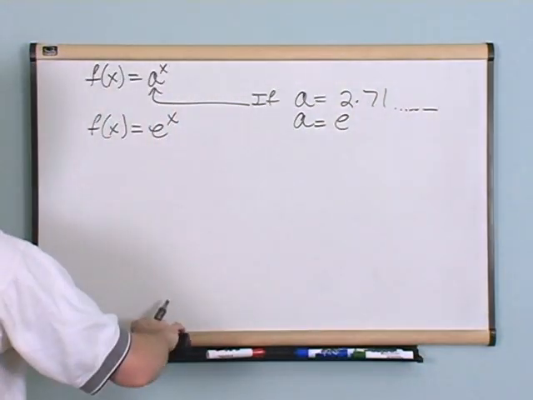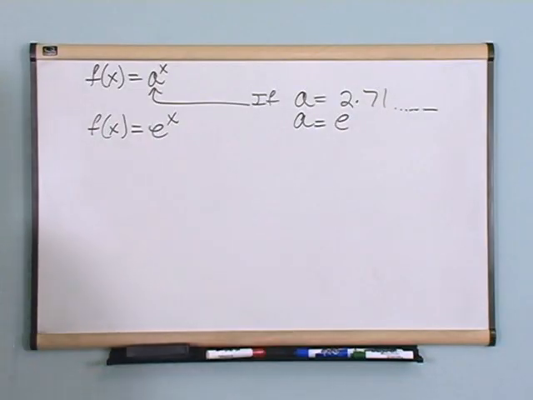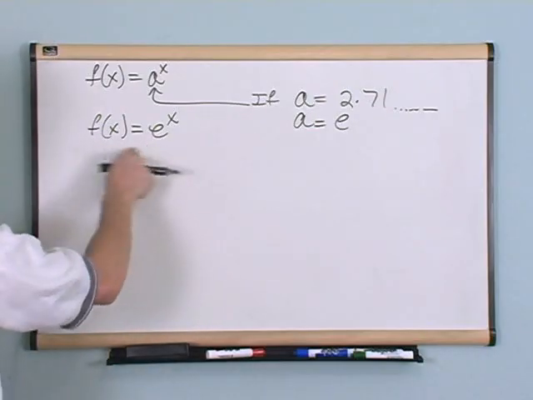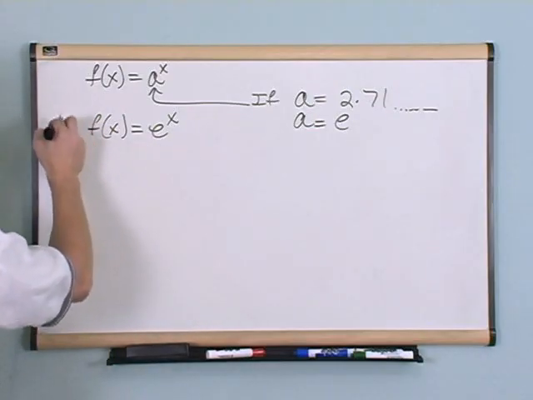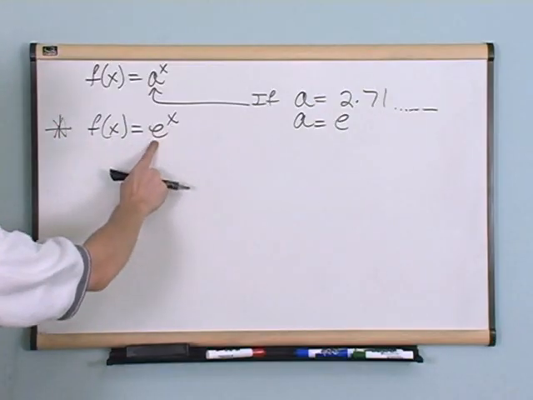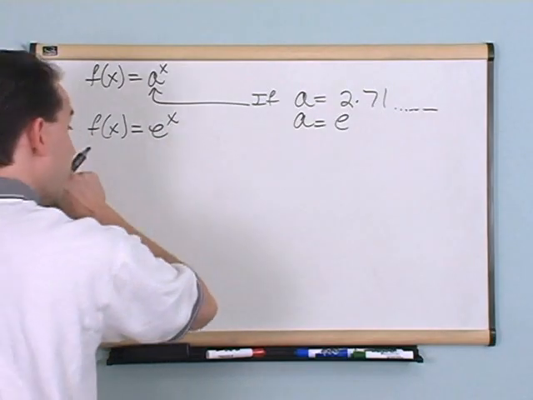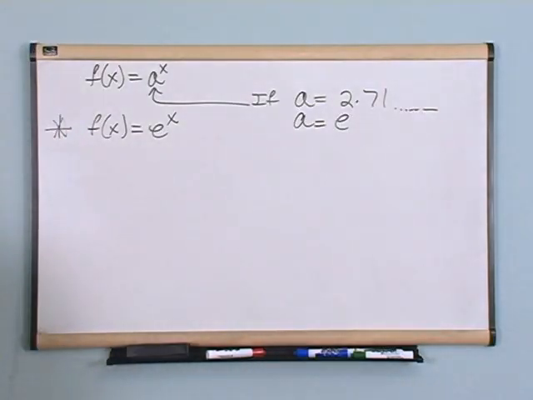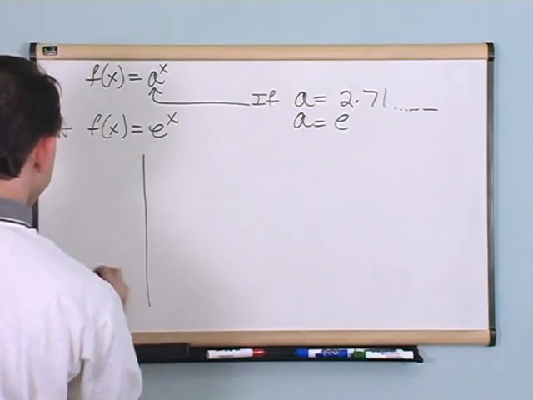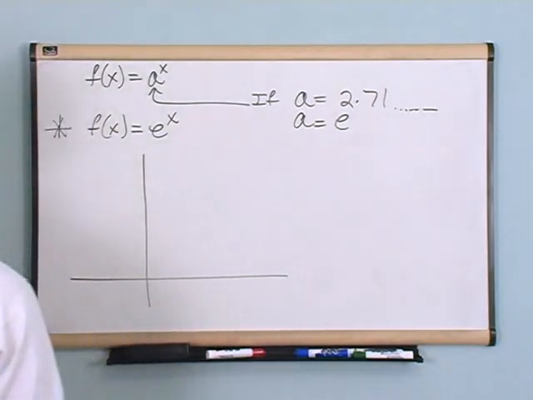e shows up in exponentials all the time. In fact, it is called the exponential base. Okay? So a very special exponential equation is this one here, where we have e to the x. But just remember, e is just a number, just like pi. It's just a very special number. Okay? So if I had to just kind of draw a comparison, what I would draw would be,